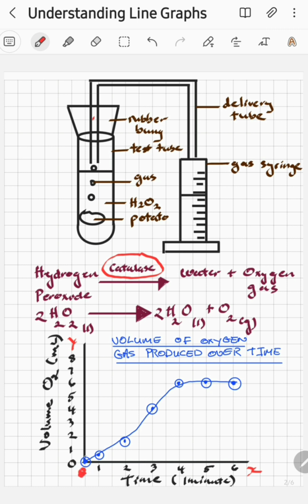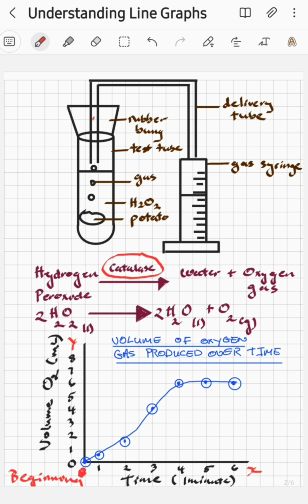So we're here at 0. This represents the beginning of the reaction or the experiment. Okay? So at the beginning, we don't have any oxygen gas being produced already, okay? So after 1 minute has passed, we combine the potato with the hydrogen peroxide and we